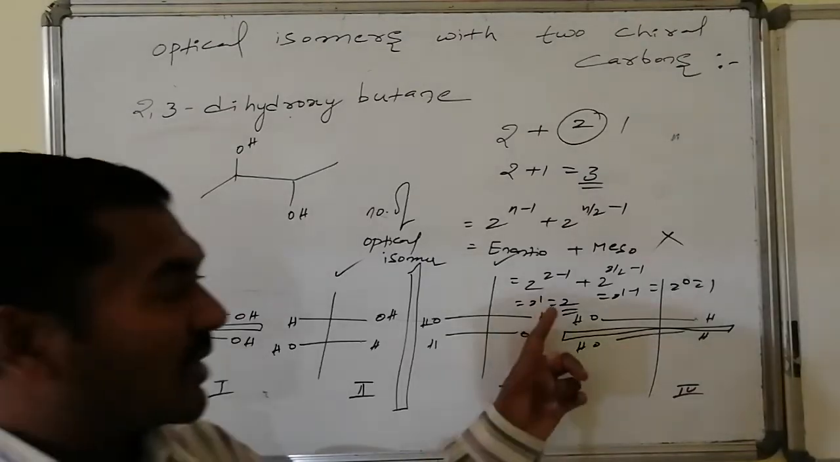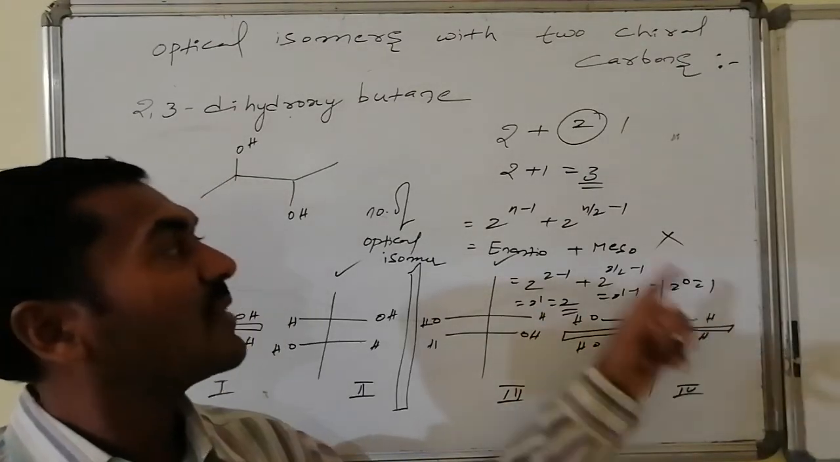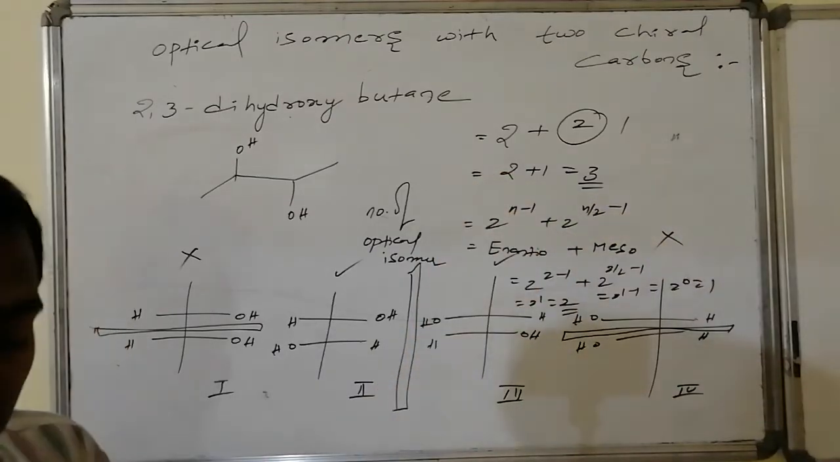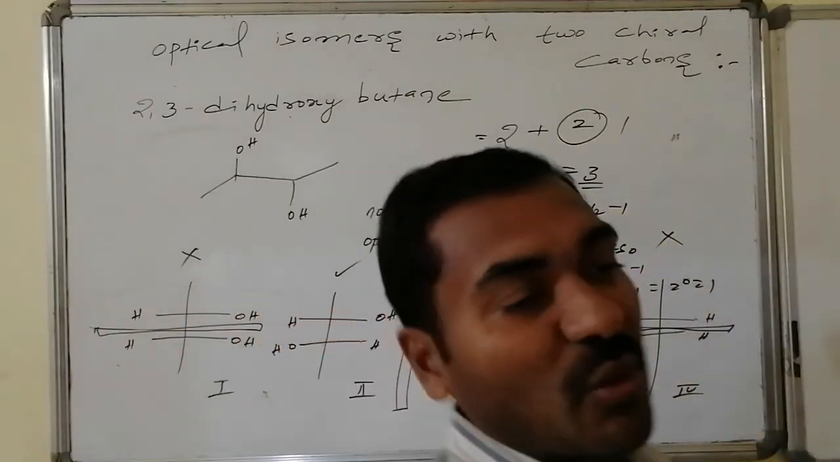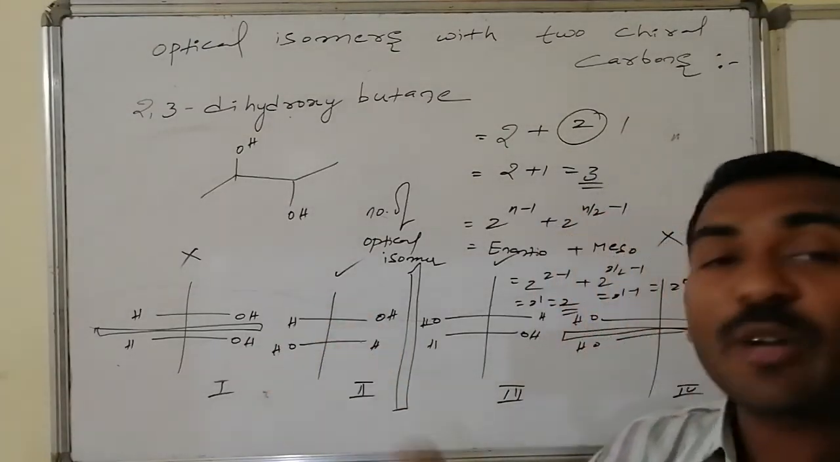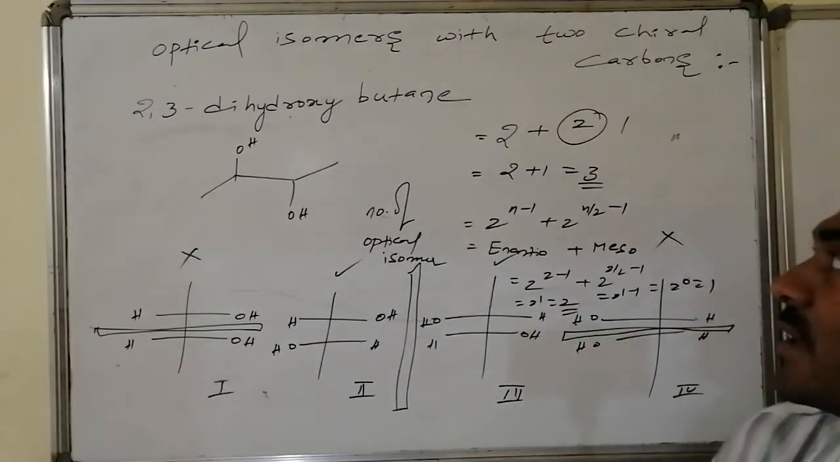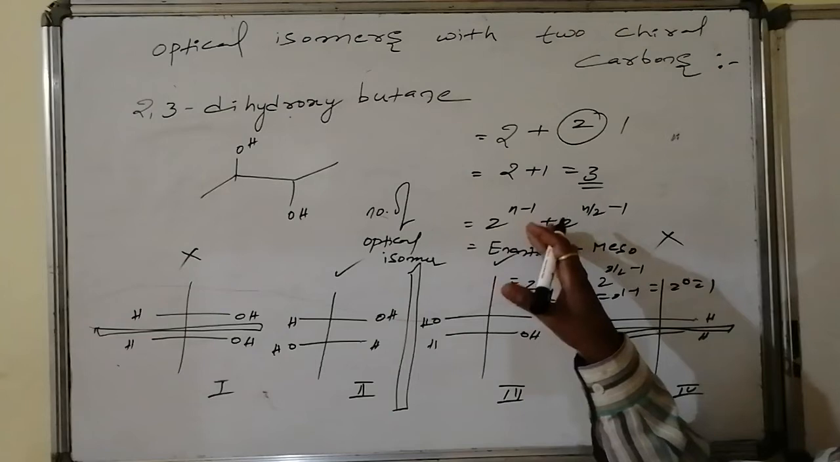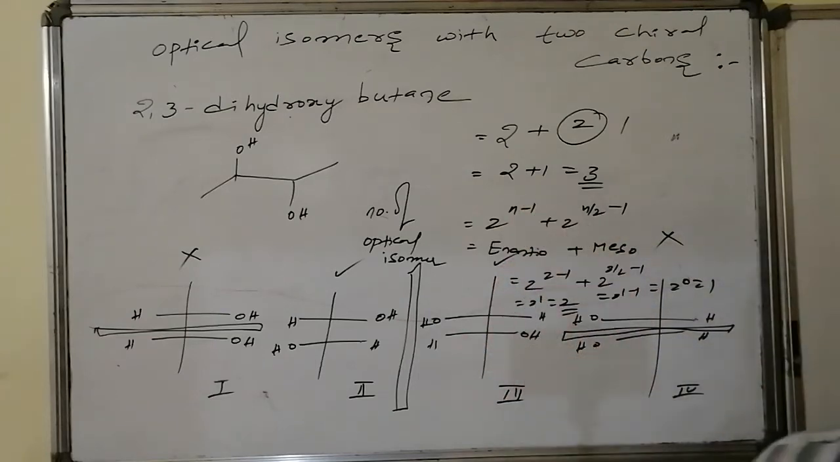So therefore the total number of optical isomers is 2 plus 1, which becomes equal to 3. So the formula used for calculating the number of optical isomers in the case of symmetrical ends containing an even number of chiral carbons can be given by 2 power n minus 1 plus 2 power n by 2 minus 1, whereas this 2 power n minus 1 represents the number of optical isomers and half of them